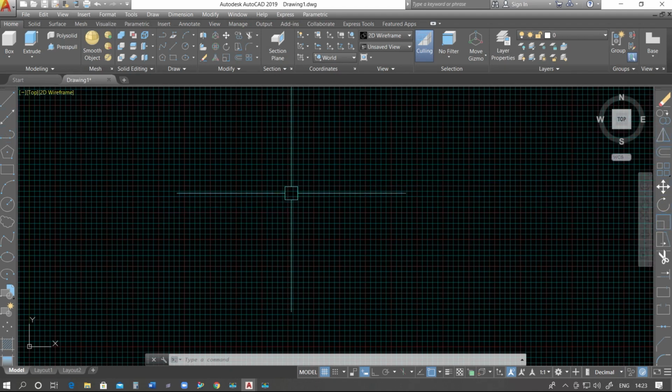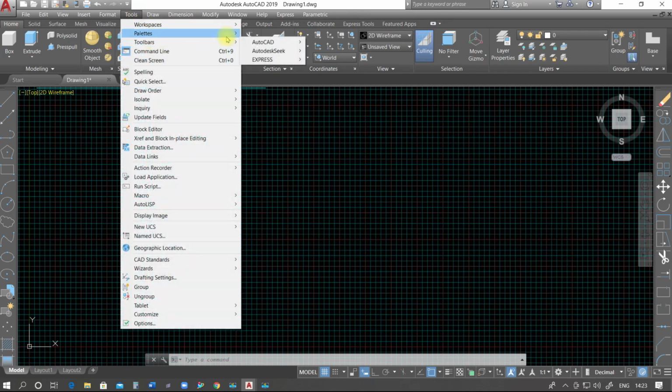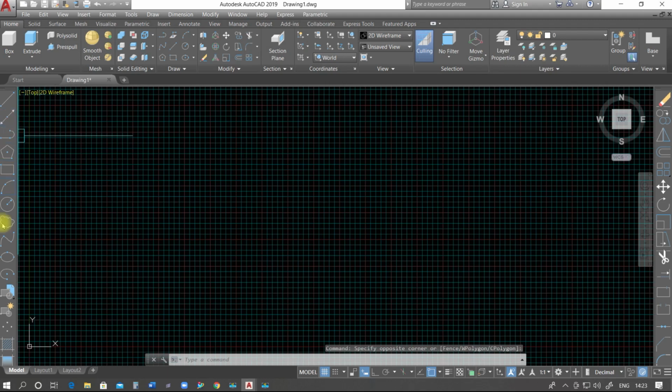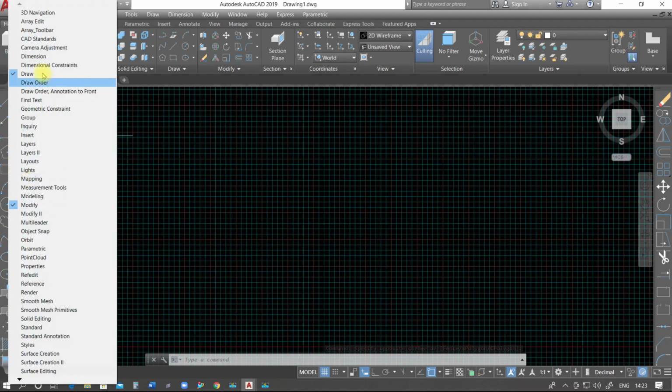So similarly, once you bring a toolbar in the graphical window, after that you don't need to click here and then select and then select and then find. You directly right-click in any toolbar. Okay, you just right-click here like this, and then you can use which one you want.